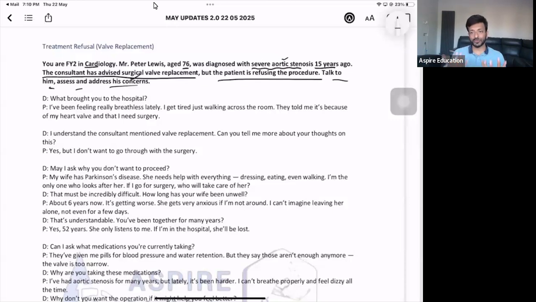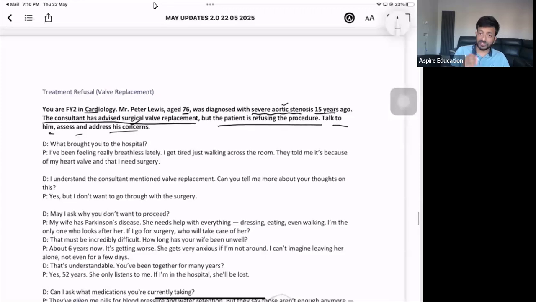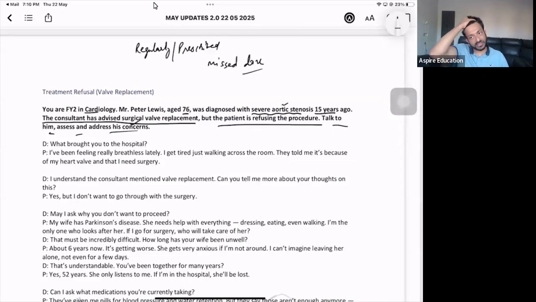Now, you can ask the patient if they are taking any medication, and if they are taking those medications regularly as prescribed or not. Remember, guys, whenever you're doing counseling and the patient is on any medication, you ask this question: are you taking these medications regularly as prescribed? And I would like you to ask one more question: by any chance, any missed dose or not? Ask these questions in any counseling case where the patient has come for follow-ups.